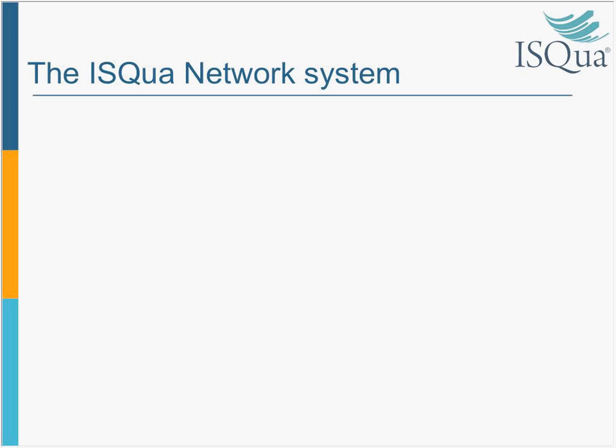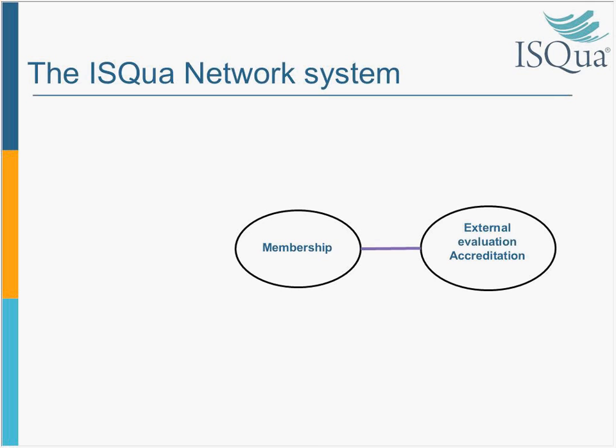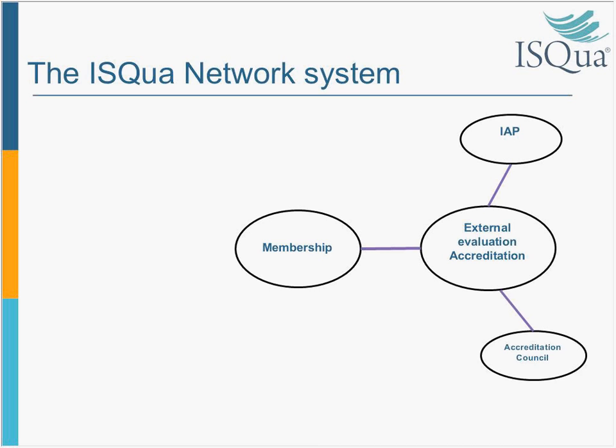So in summary, in Israel, we have a number of networks, and I'm showing you where we're going forward so you can see how we will work together. NHS Scotland, NHS Improvement Scotland is part of this network. They're part of membership. A network or community of practice of external evaluation or accreditation bodies with the IAP program and an accreditation council, which looks at making sure that we can have standards worldwide that are constantly improved and are raising the outcomes for patients.